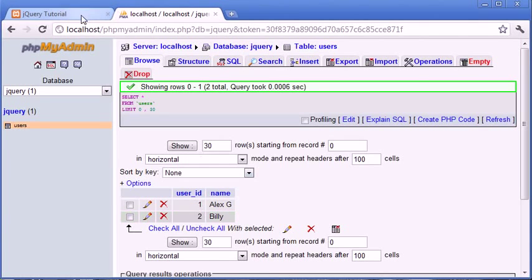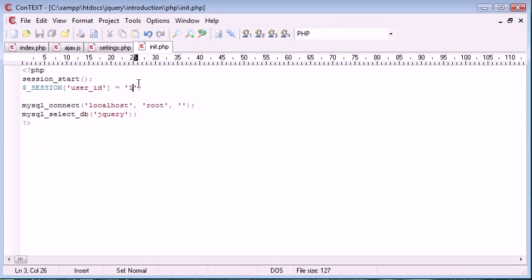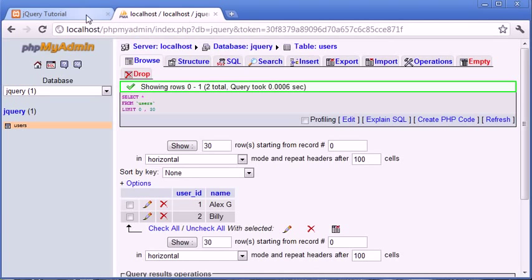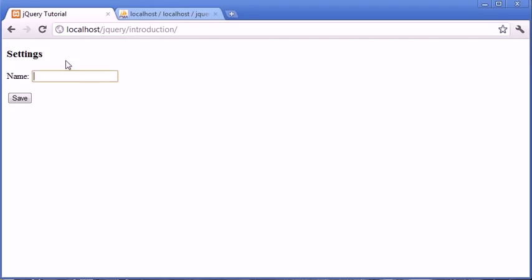and their user ID would then equal 2. Now in this case we could then force this to be 2, so just sort of recreating a login system but doing it within one line. Now if we were to go back and refresh, and I was to type in Billy Garrett and click save,